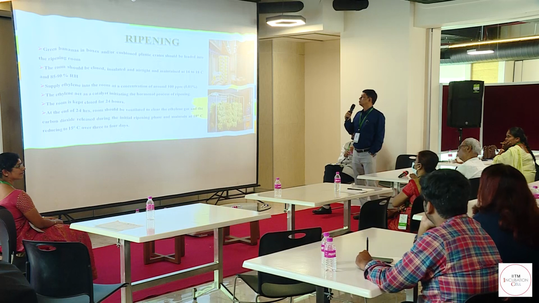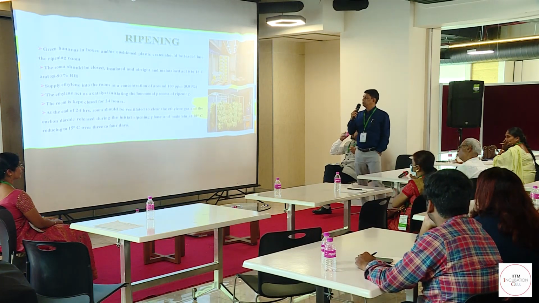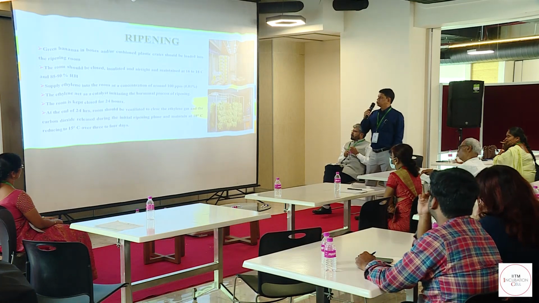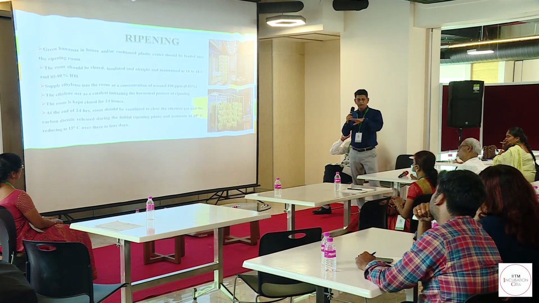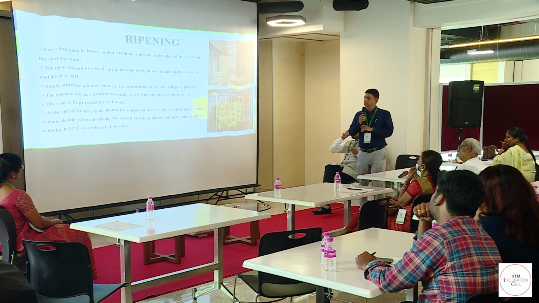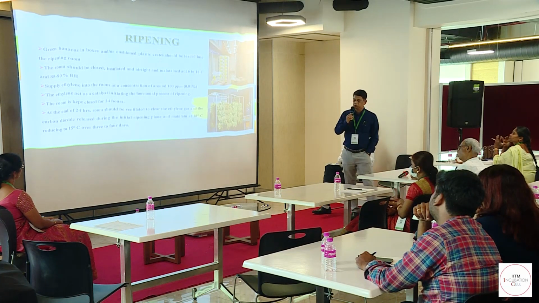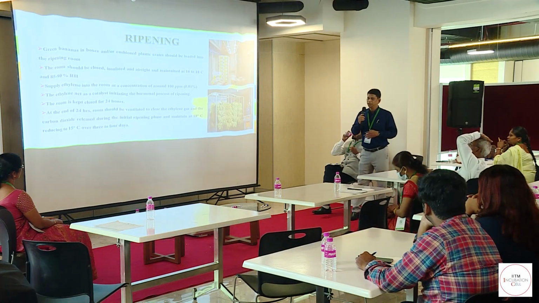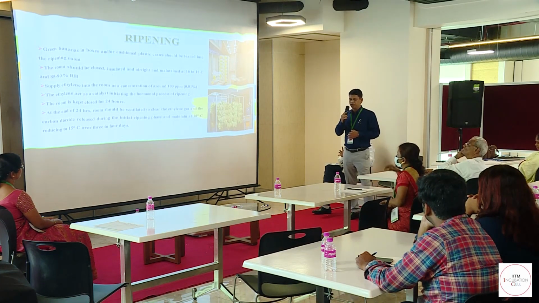Next. The next important process is ripening. After harvesting and storage for a particular period, we can send the fruit to the ripening room for artificial ripening of banana. For that, we have to maintain a temperature of 16 to 18 degrees centigrade, and it should be kept in a closed room for about 24 hours. After that, we supply ethylene at around 100 ppm or 0.1 percent. Then it should be closed for 24 hours. After that, it should be opened and vented to release the ethylene gas. And again, it should be closed for 3 to 4 days for ripening.